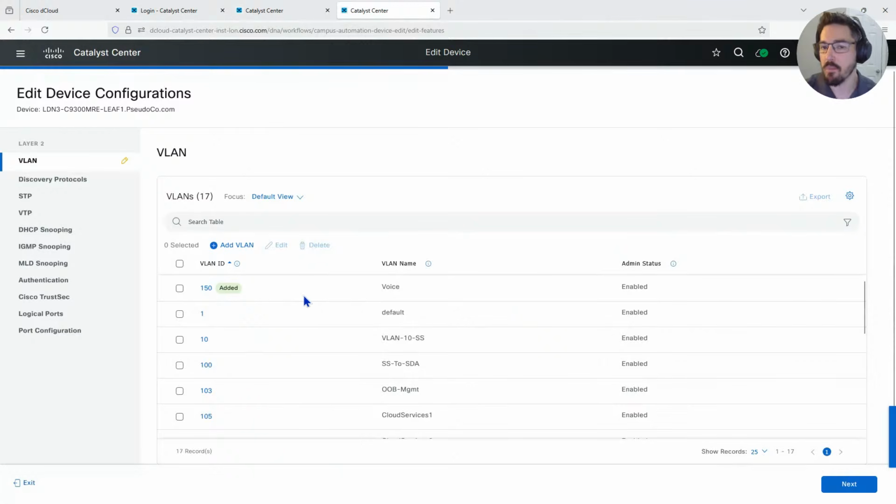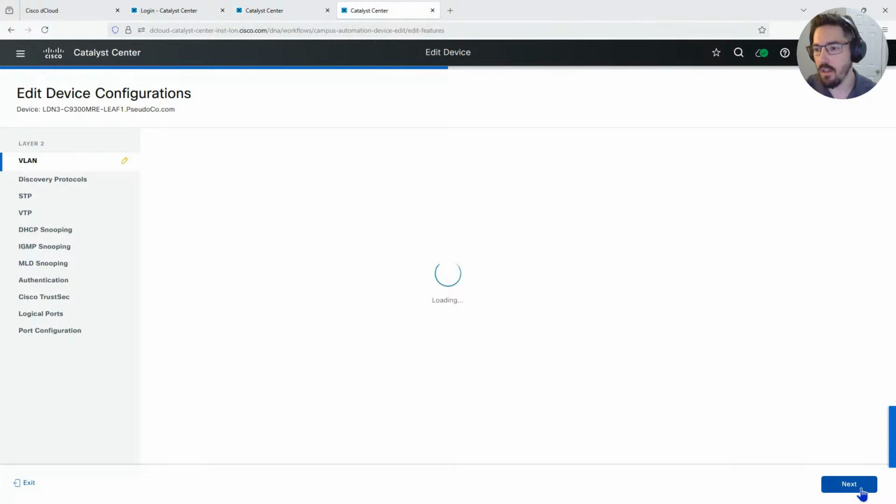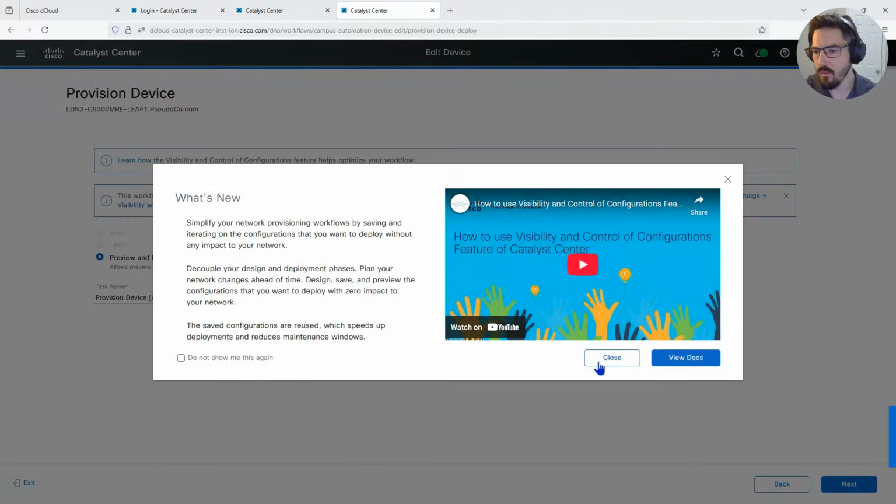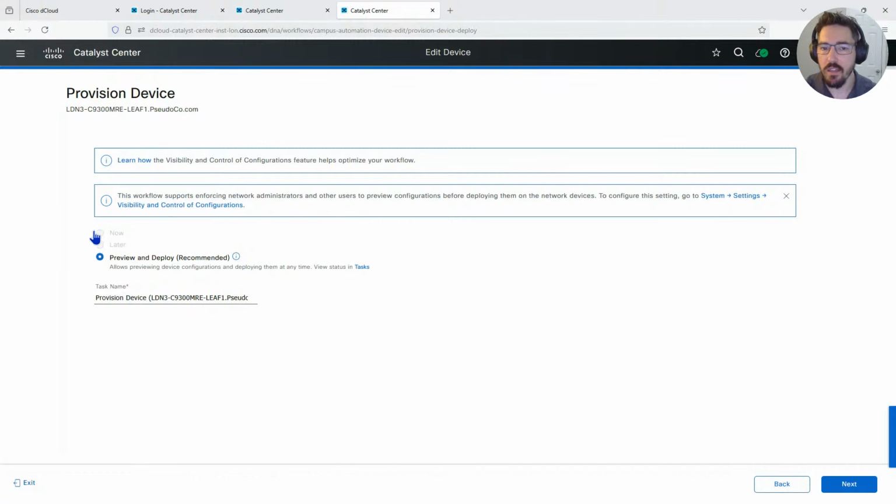This does not mean it's provisioned yet. It just means I'm about to add this virtual network. And click next. And close that. You can see that right here, because of the visibility control that was enabled within settings for Catalyst Center, it's